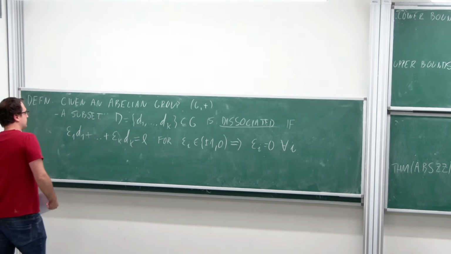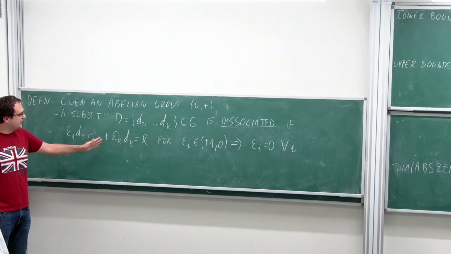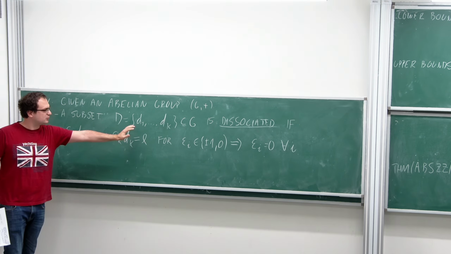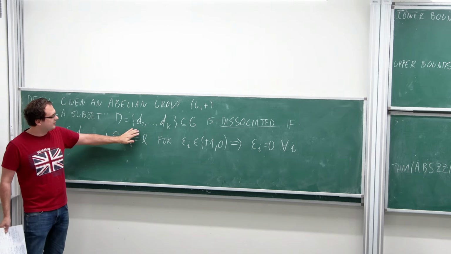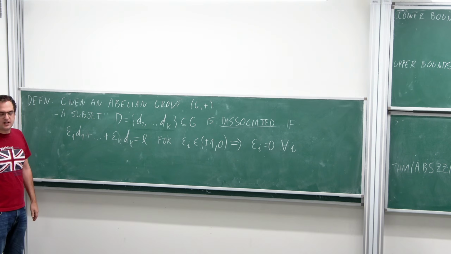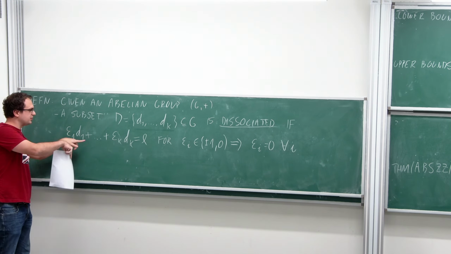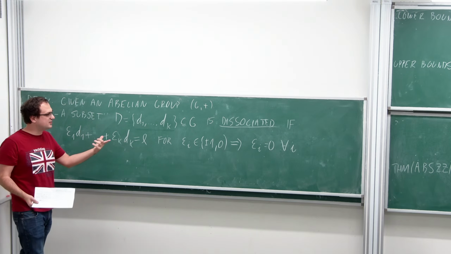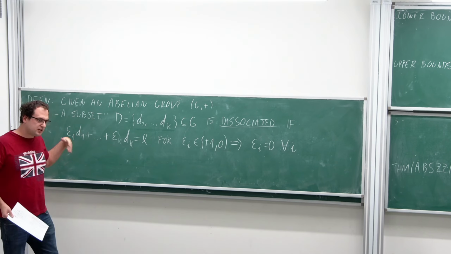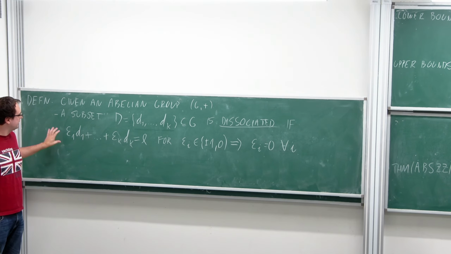Just to make sure we're on the same page, in the abelian world, this plus minus 1 is actually equivalent to just saying, because you can move the minus 1s to the other side, that all subset sums of this set are different. If you have any two subset sums which are equal, you can get a non-trivial linear combination. So a set is dissociated if and only if it has all different subset sums. This is maybe a more natural definition to think about, but on the other hand, this one